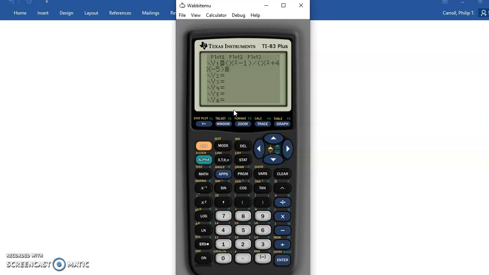Now, I could draw a graph and then we trace along like we did with the bug, but like I said, I wanted to investigate this with some values. So again, just double checking. In my table set, I want to make sure it's set up so that it asks me for independent variables. So I'll go in here, and now let's pick some numbers that kind of close in on 1 from one side or the other. So this isn't terribly close, but we can start with 2, and we get